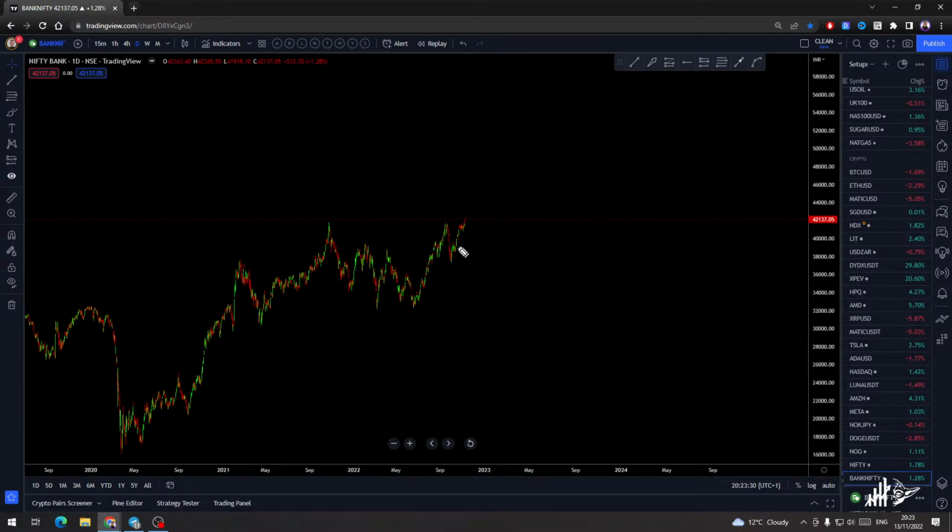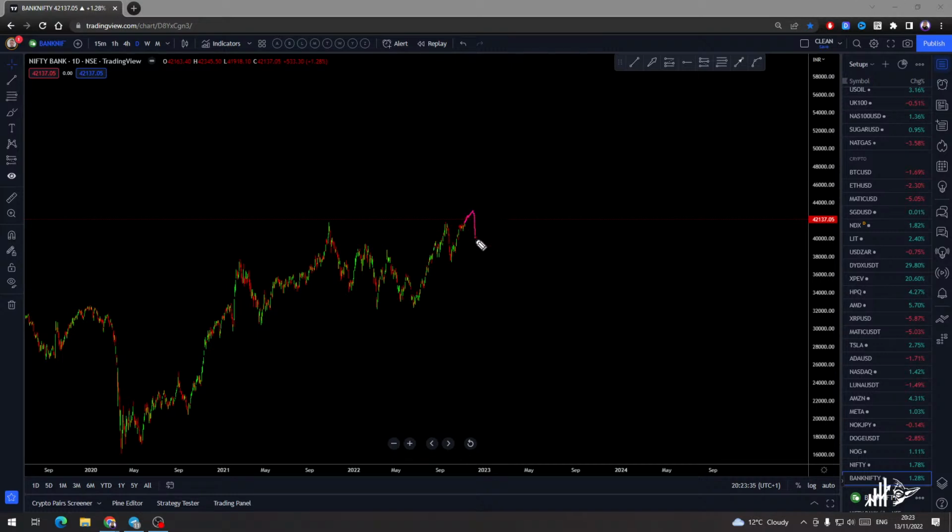This could be the running flat, what I can see over there. This can just go a little bit more, drop aggressively, give you the running flat, another leg higher to break the top, and then reverse. This is what can happen over there. So be aware where you're trading. Don't buy, okay? That's not a spot for buying.